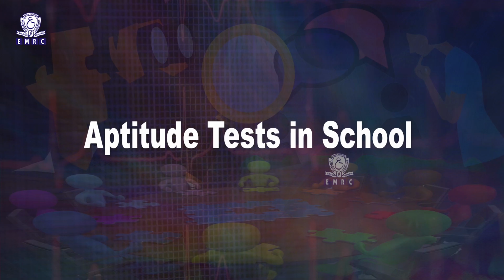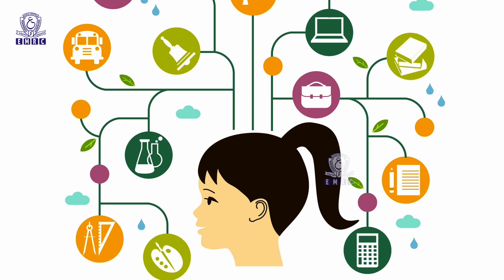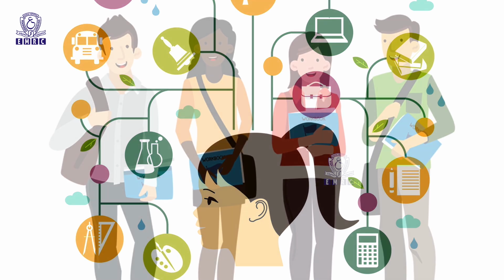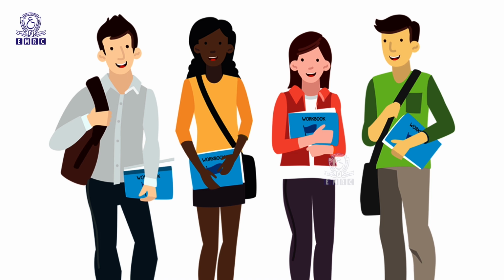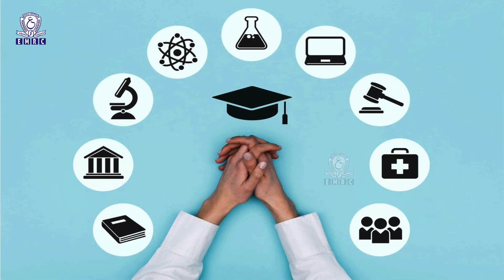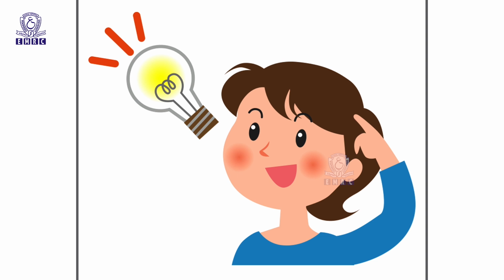Aptitude tests in school. Students encounter a variety of aptitude tests throughout school as they think about what they might like to study in college or do as a career. High school students often take several aptitude tests that are designed to help them determine what they might want to study in college or pursue as a career. These tests can sometimes give a general idea of what might interest students as a future career. For example, a student might take an aptitude test suggesting that they are good with numbers and data. Such results might imply that a career as an accountant, banker, or stockbroker would be a good choice for that particular student.